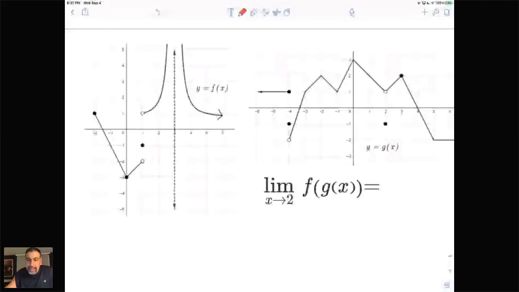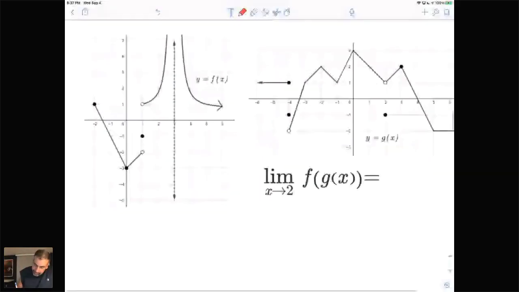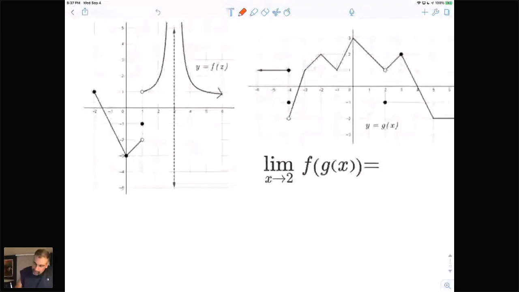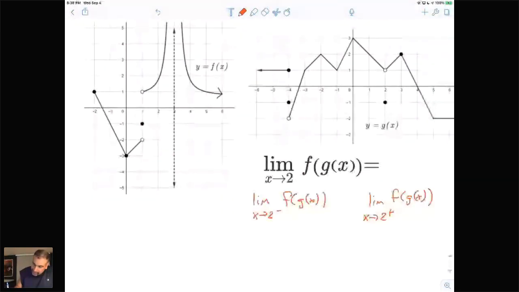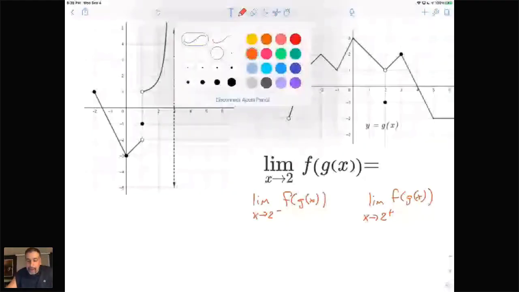We want to ask, what's the limit as x approaches 2 from the left? And what's the limit as x approaches 2 from the right? We need to tackle these two things individually to find out. So first thing we're going to do is look at this and say, all right,